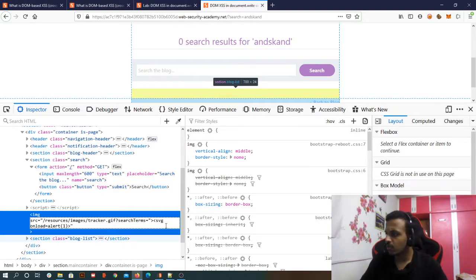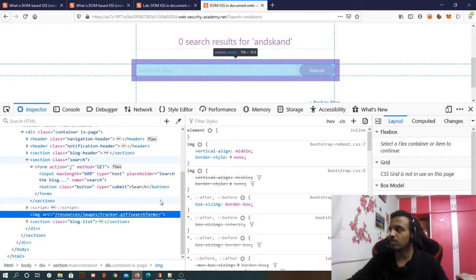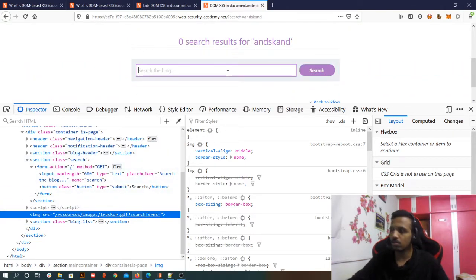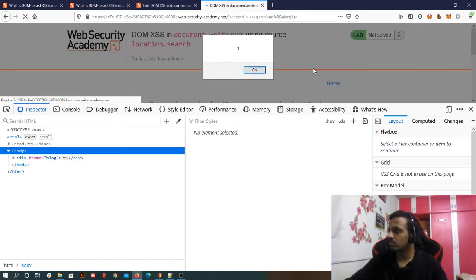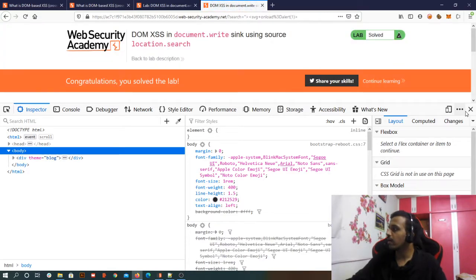Okay, so if I'm closing this and then I'm searching, basically we were not framing the syntax, closing the tag, the double quote, those kinds of things, and because of that it was not working. So let me close this and search now. So you can see now it is executed successfully. So basically we tried to give input in such a way that the value is appended to the image and then it gets executed because we searched, and so the malicious script, or the alert one, was executed. So that's how we solve this.